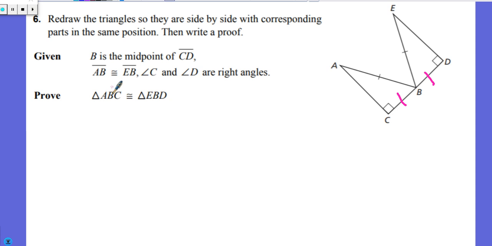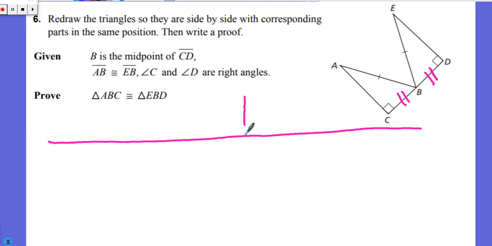It says that line segment AB is congruent to line segment EB. Okay, so here is AB. Oh, they already marked it for us. So that means I should have put 2 marks here because they already had 1 mark on the sides that they showed us already. And it says the measure of angle C and the measure of angle D are right angles, and they already marked that too. So the only extra mark I had to add was this from the given. They want me to prove that these 2 triangles are congruent. So here,